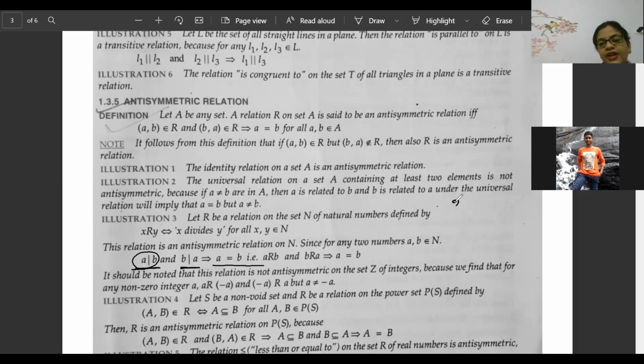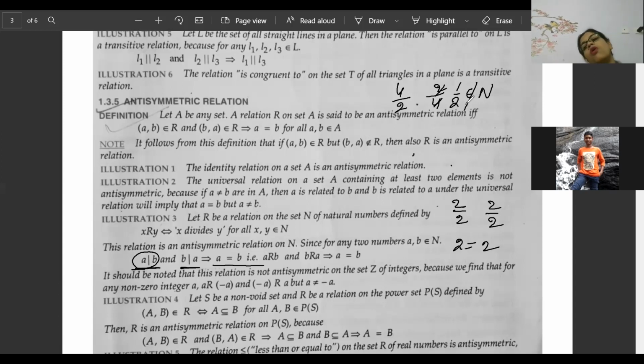If 2 can divide 2, 2 can divide 2, that means 2 is equal to 2. But 2 is dividing 4, and 4 cannot divide 2. A fraction will come, and that half, whatever number came, does not belong to the set of natural numbers. Tell me yes or no. It will not be belonging.